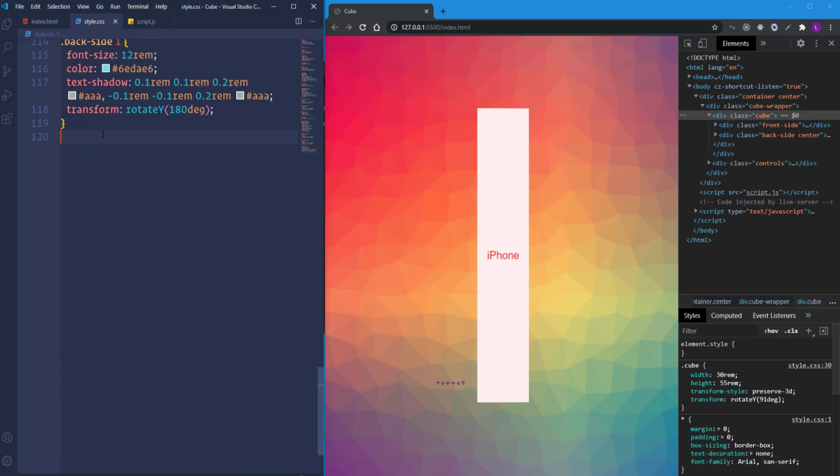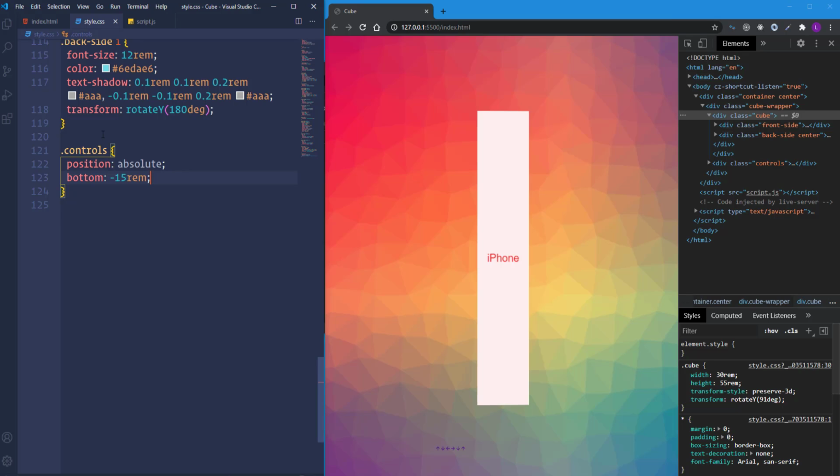Let's select the wrapper div element. First of all, I'm going to take care of the position of controls. Let's set its position to absolute. Actually, the controls should be positioned according to the parent element, which in this case is a cube wrapper. You may think that we need a position relative for the wrapper, but because it is a flex item, as you remember, the container element has display flex, then we no longer need position relative for the cube wrapper because the controls will be positioned according to the cube wrapper. So let's set bottom position to -15 rem.